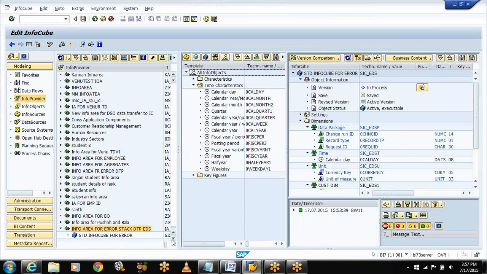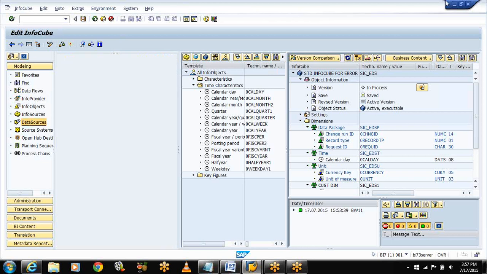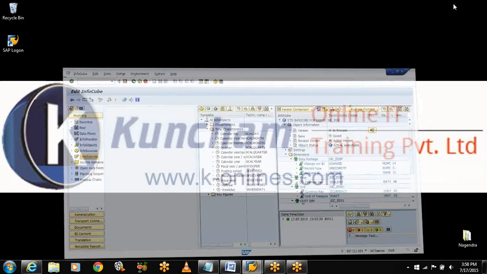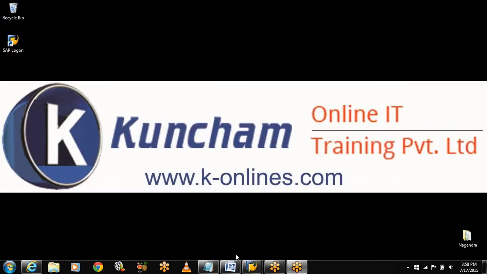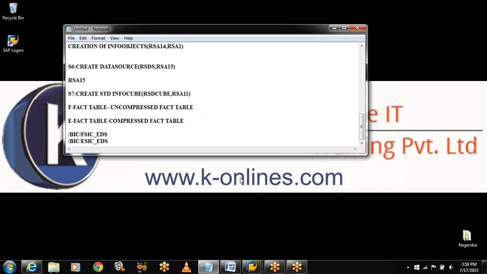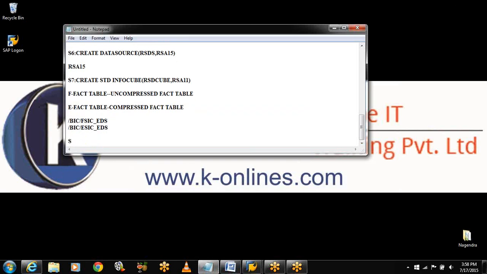Now select the data source and create transformations. Next step is create transformations.